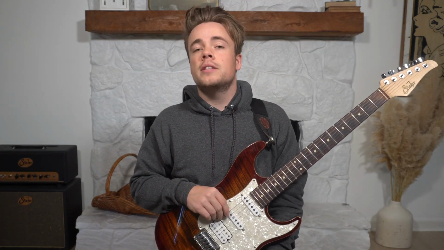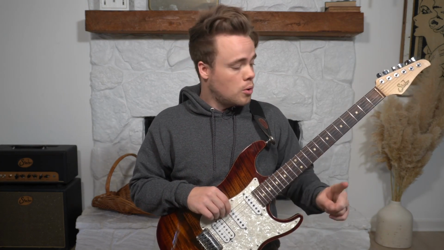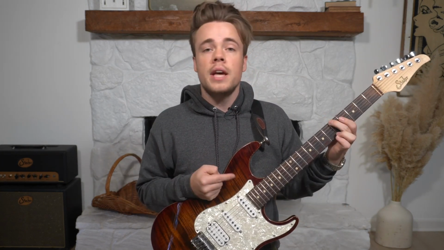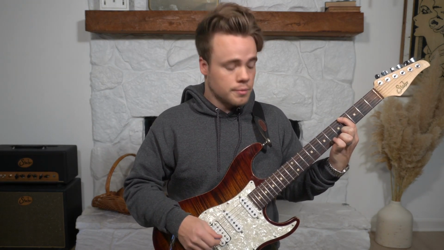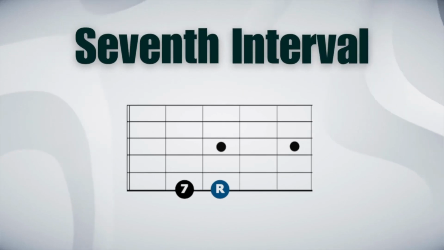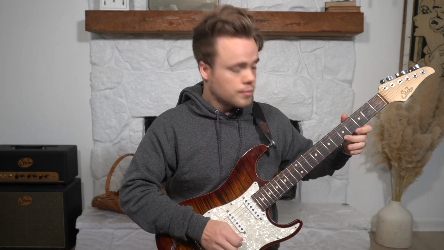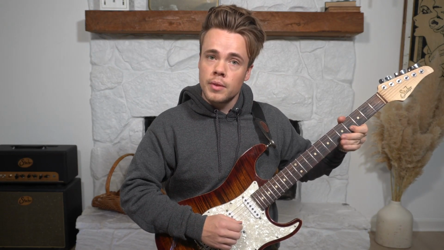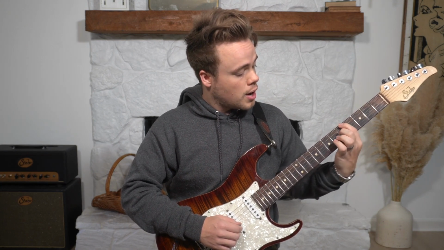And finally, we get to the 7th interval. Now, there are 2 shapes here for the 7th interval. One of them is if we're in the key of A. The 7 is just 1 fret behind the root. There's a 7. So I go to an A. There's a 7. There's a 7, just right behind the root. Right behind the root. The second one is if you skip a string and you go up 1 fret,